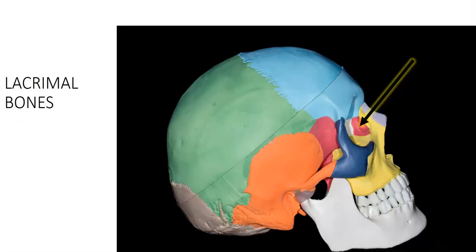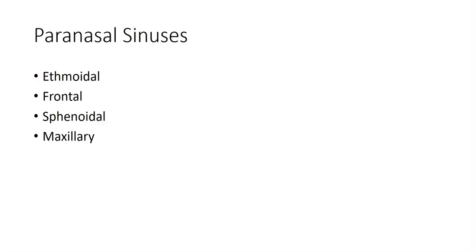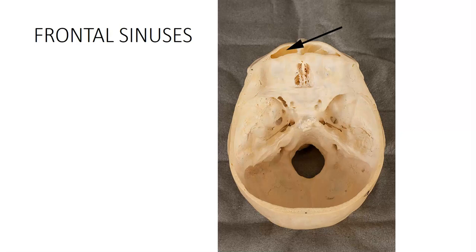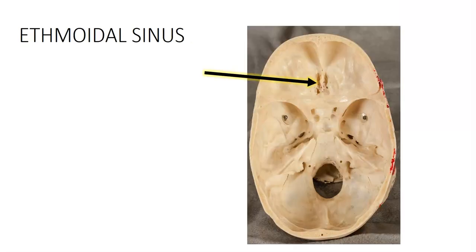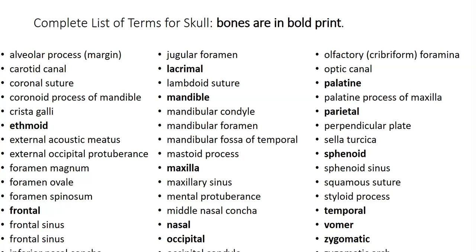Here's the lacrimal bone, one on each side. There are paranasal sinuses in the ethmoid, frontal, sphenoid, and maxilla. Here's the frontal sinus, a cavity in the frontal bone. The ethmoidal sinus would be inferior to the pointer. Here's the complete list